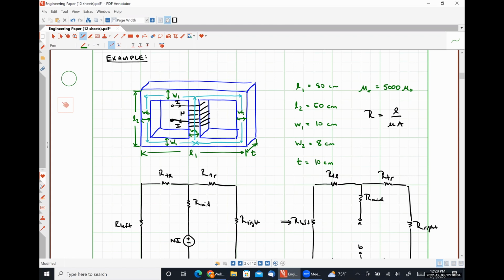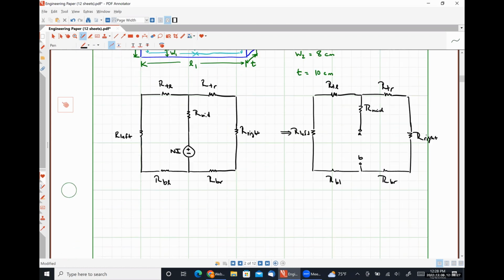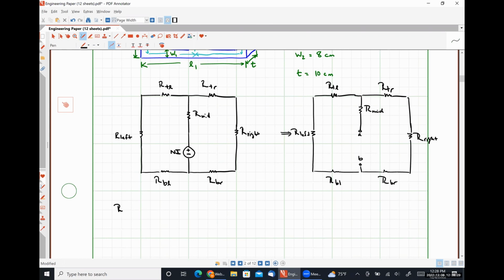All right, so which of these, let's count these up, 7 different reluctances, do you guys want to calculate first? R left. Okay. So R left